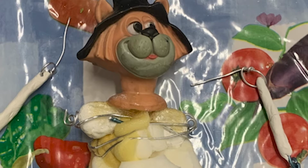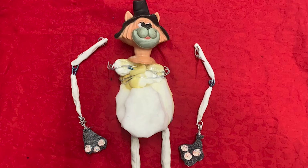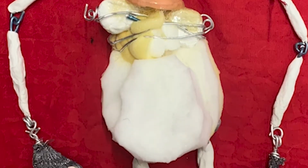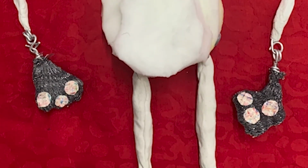And then to attach the head or those clay shoulder parts that I made to that foam body, I just took some wire and wrapped it around. It looks horrible, but that doesn't matter. It's sturdy. And on the hands, you can see I took those clay, wire and hot glue hands, and I actually just added more hot glue in between all the fingers to make paws, because I wanted that for this